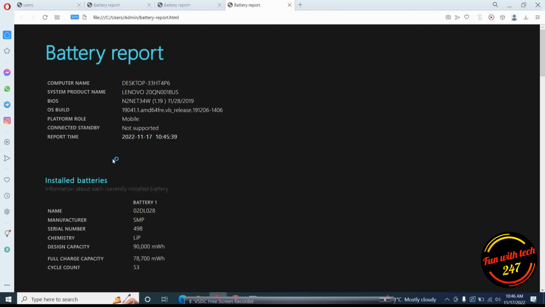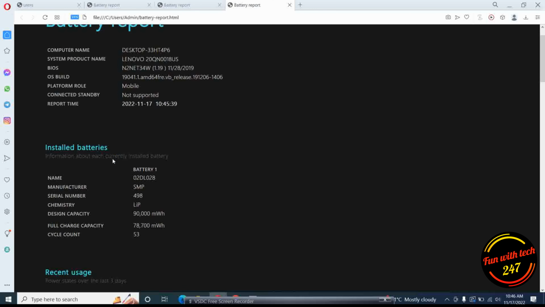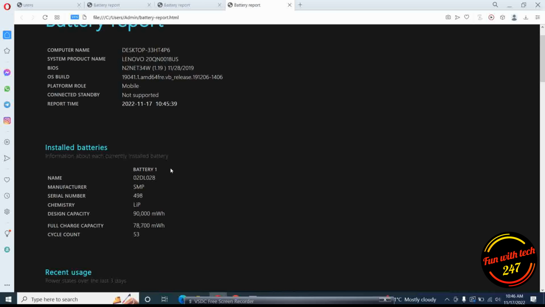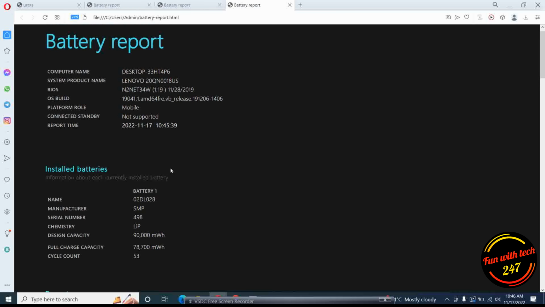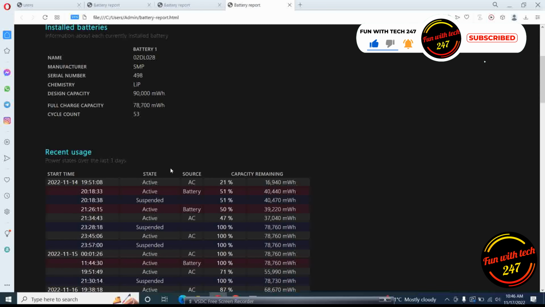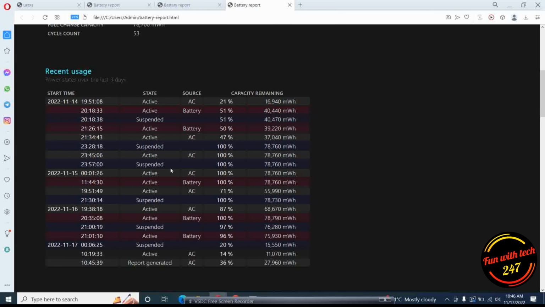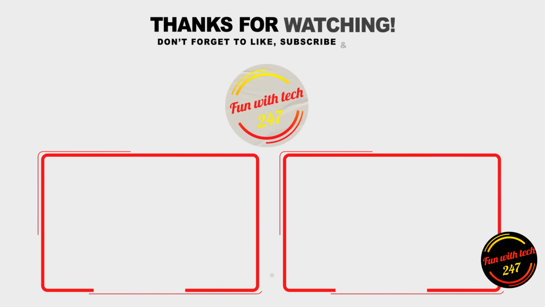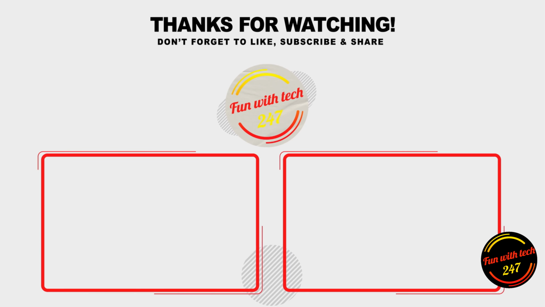And you can see lots of things here like cycle count. 53 times this battery has been fully charged and used. Usually these cycles go around 800 to 1000. So there's a lot of battery life left in this battery. And you can see all the details like recent usage by date and time and how many hours it was active, battery usage, history,